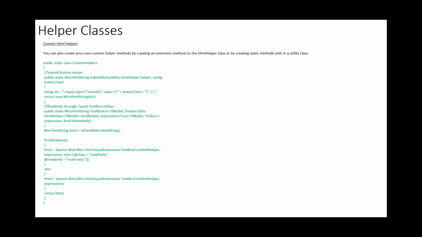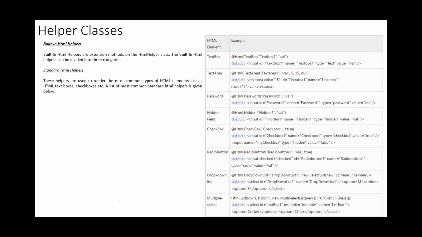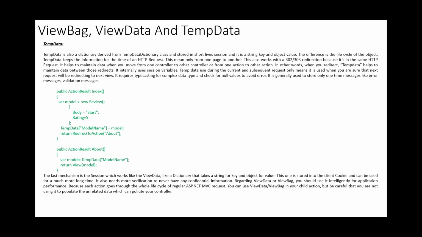Custom helper classes are required because people used to write everything in HTML. Even they don't use HTML helpers in real time. They use them very little because again these helpers have to be converted to HTML on the server side. Only then will the result be HTML, JavaScript and CSS so that the browser can understand. So there is again processing of these HTML helpers, so people won't use them very much. Okay, so this is HTML helpers.